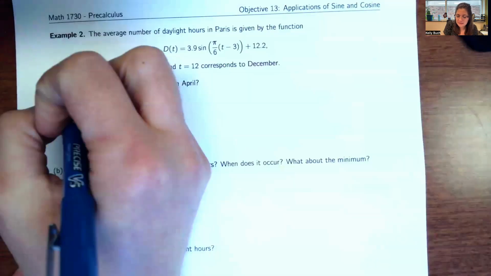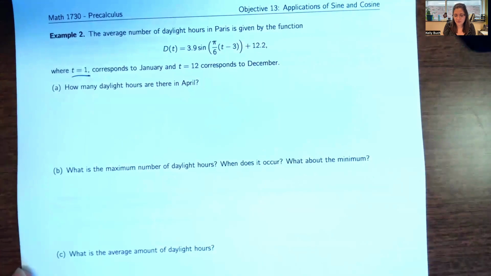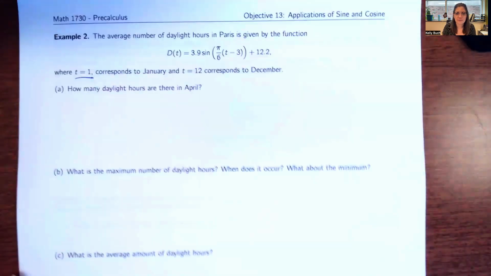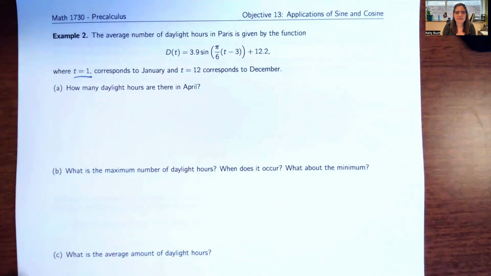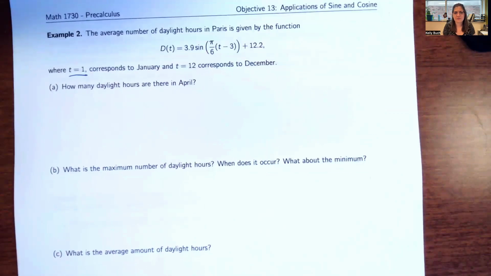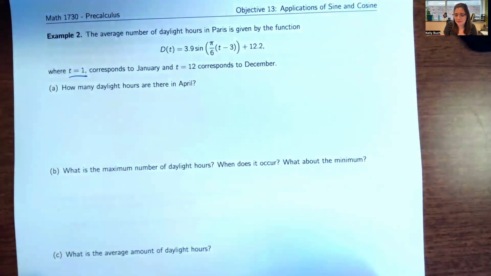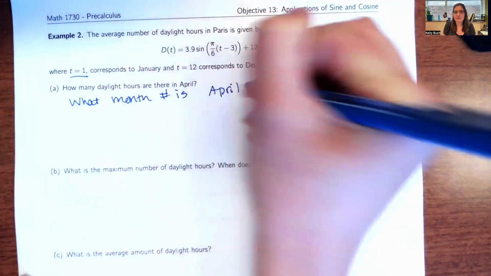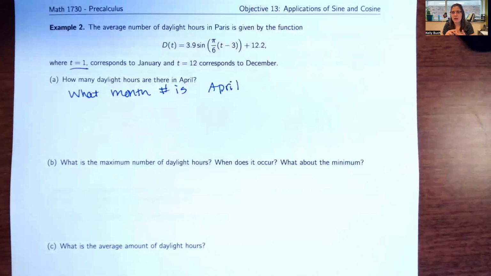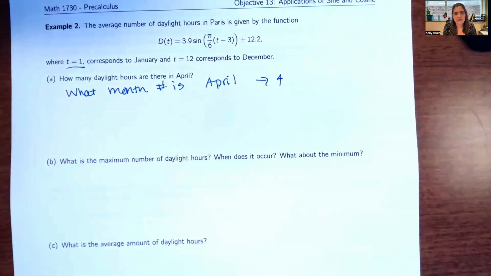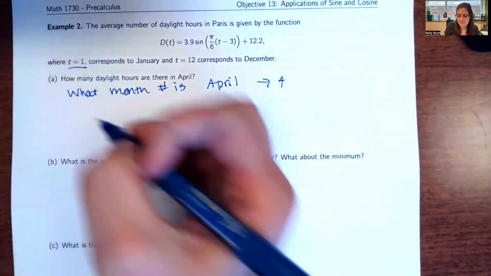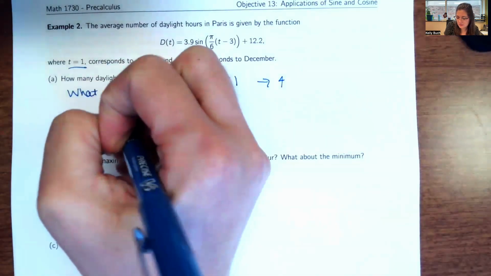In this case, t equals 1 is going to correspond to January, and t equals 12 is going to correspond to December. The first question is how many daylight hours are there in April? And so first I have to figure out what is going to be my input. What month number is April? Well, if January is marked as 1, then April is going to be 4. So if I want to know the number of daylight hours in April, that's going to be the same thing as looking at d of 4,